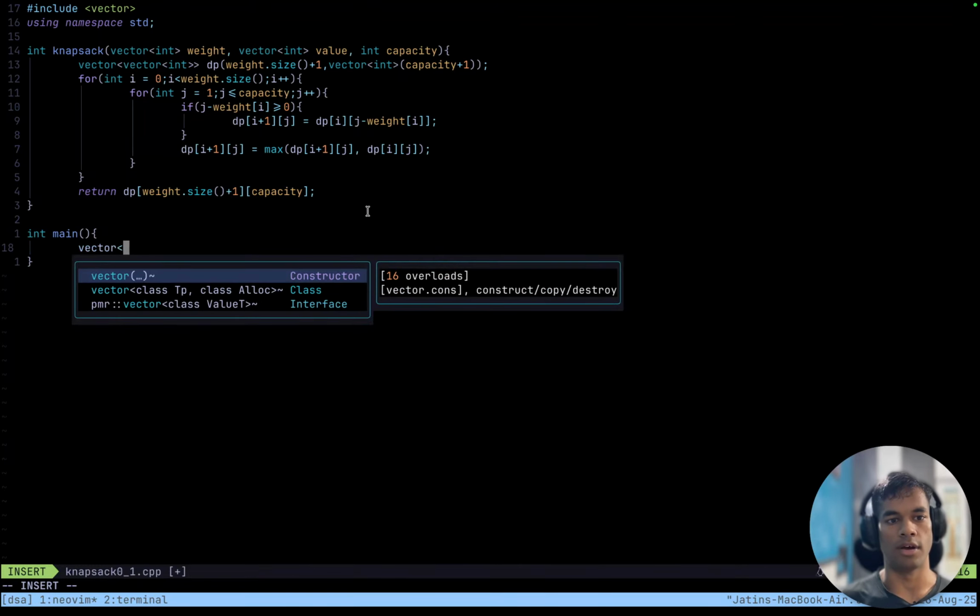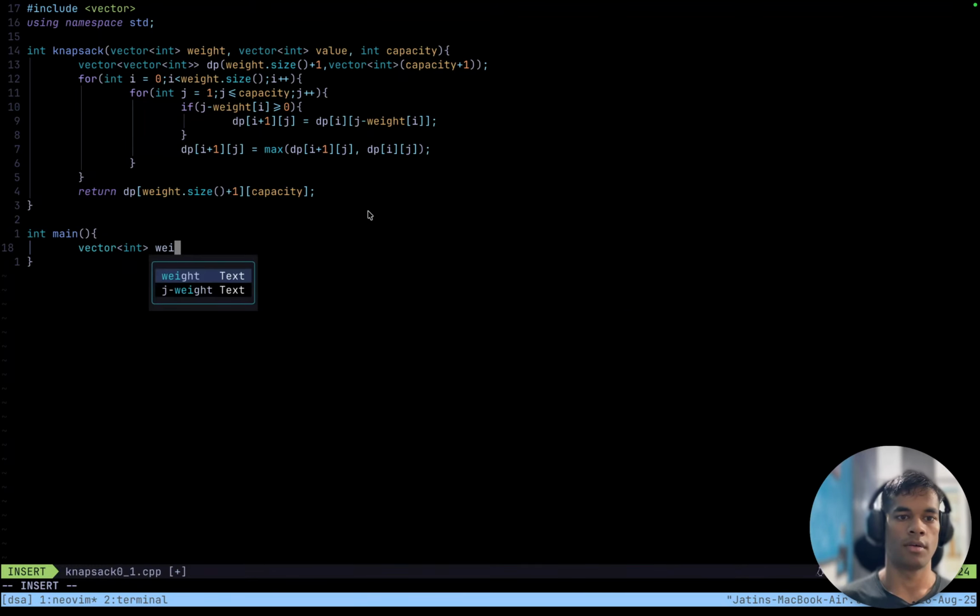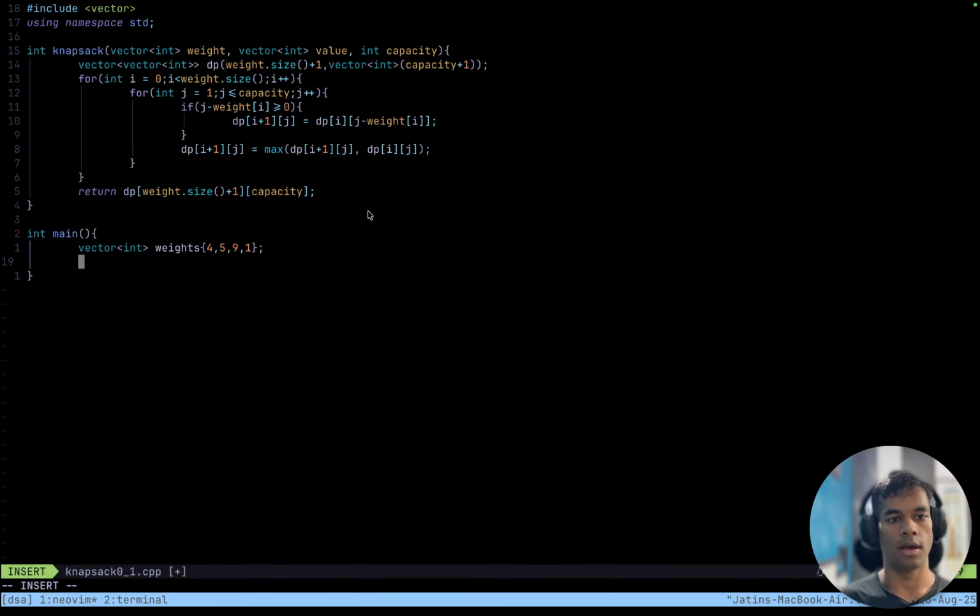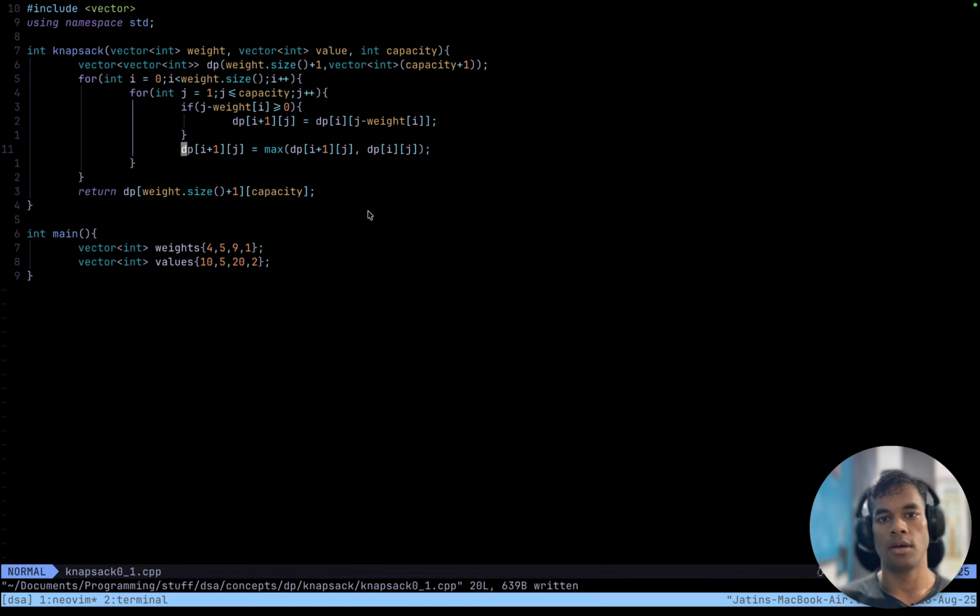And we can initialize our vector of integers weights, which was 4, 5, 9, and 1. And our vector, okay, I messed up. I ignored the values thing. The item with the weight 4 has value 10, the item with the weight 5 has value 5, the item with the weight 9 has value 20, and for weight 1, it is 2. And I messed up. When we are choosing the element, the value is going to increase by the value of the ith element,